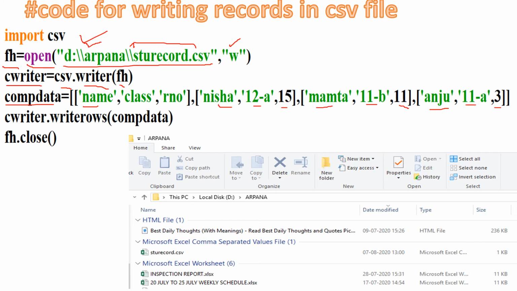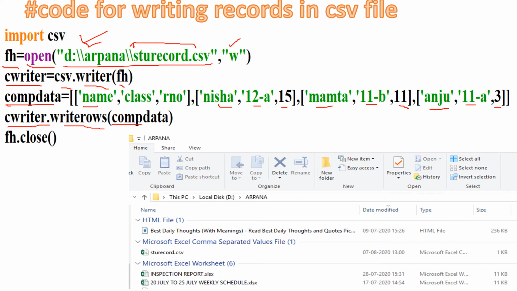Next statement, see the writer.writerows. This function will write the compdata which is initialized in the previous statement. Otherwise you can write the whole data in this bracket also, but it will make the statement too lengthy and confusing to understand, and if you write too lengthy statements, it is difficult to rectify them if they have errors.